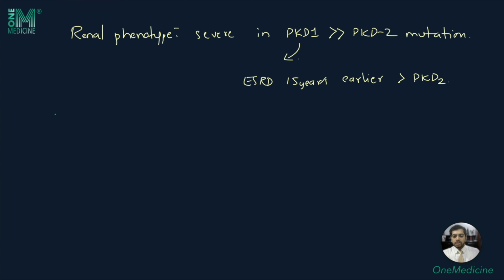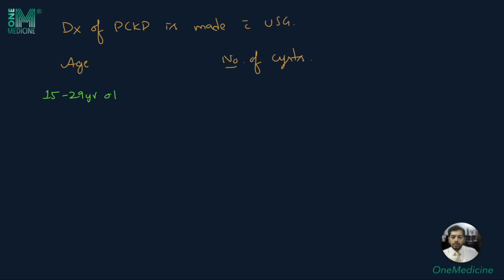A small subset of patients can have an incidental detection of cysts on ultrasonography. The diagnosis of polycystic kidney disease is made with ultrasonography. The criteria is characterized according to the age and the number of cysts. For people who are 15 to 29-year-old, 2 cysts, which can be either unilateral or bilateral within the kidneys, is